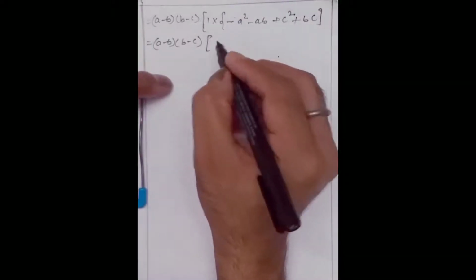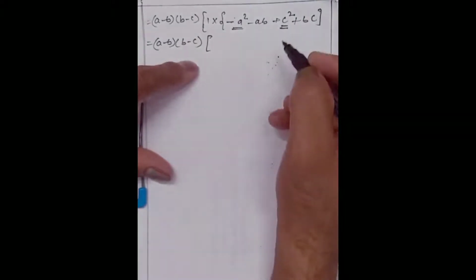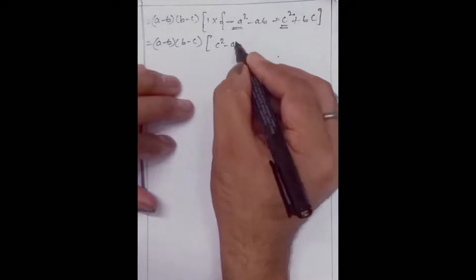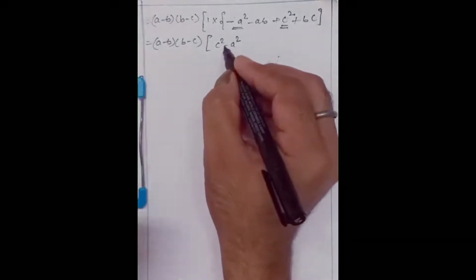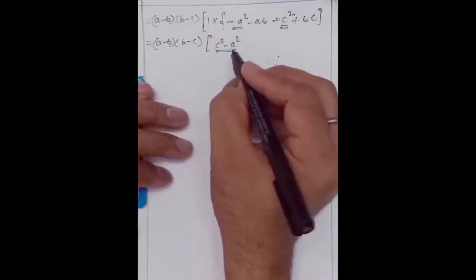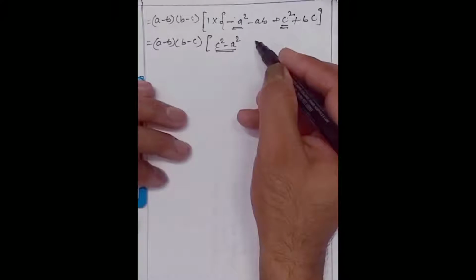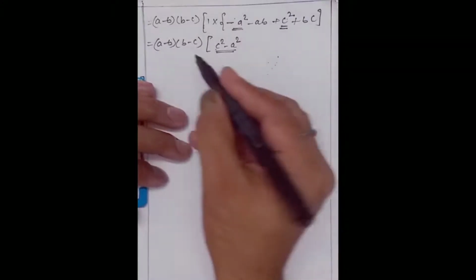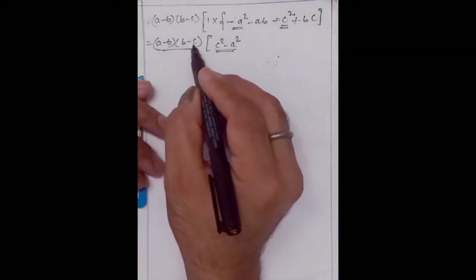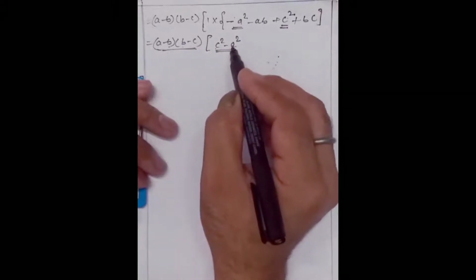So look at here, now this is minus A square and this is plus C square. So if we write it as C square minus A square, then what will happen? This A plus B into A minus B, we can use that identity. So in that case what will happen? C minus A into C plus A we will get. So what we have already got outside, A minus B, B minus C, and what should be the third factor? C minus A, that we are going to get from here.